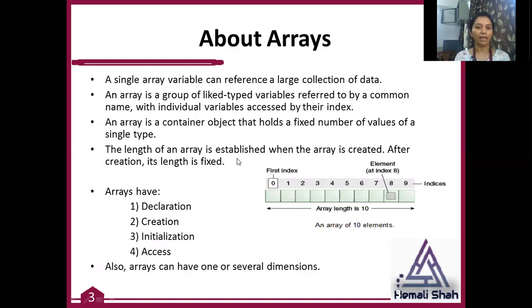The length of an array is established when the array is created. After creation, the length is fixed. You cannot change the length of the array after its creation in Java. So this is the basic understanding of array. Generally, an array is stored in serial memory.